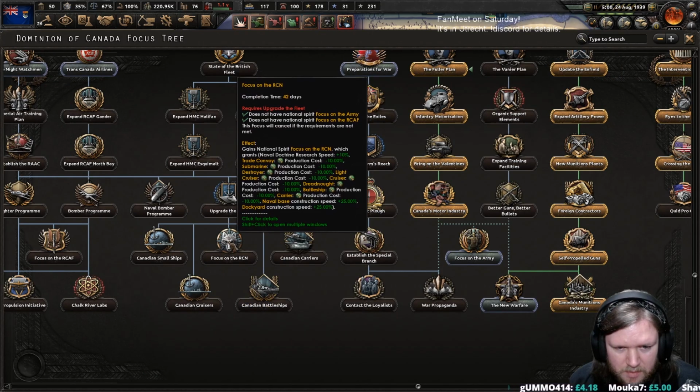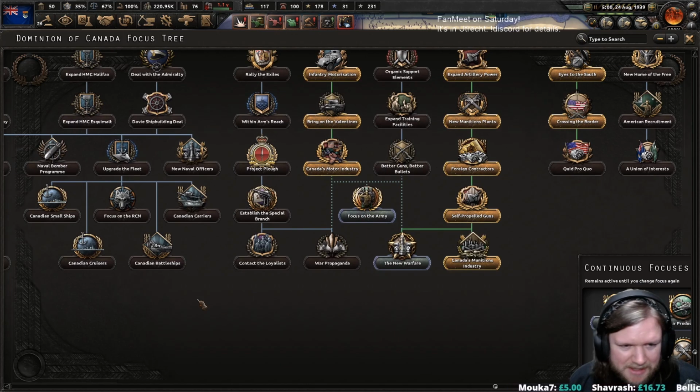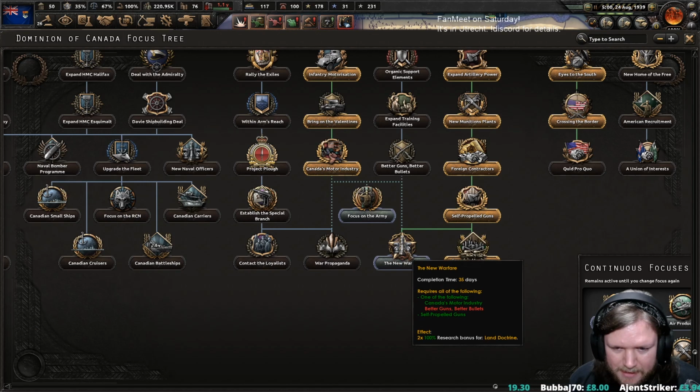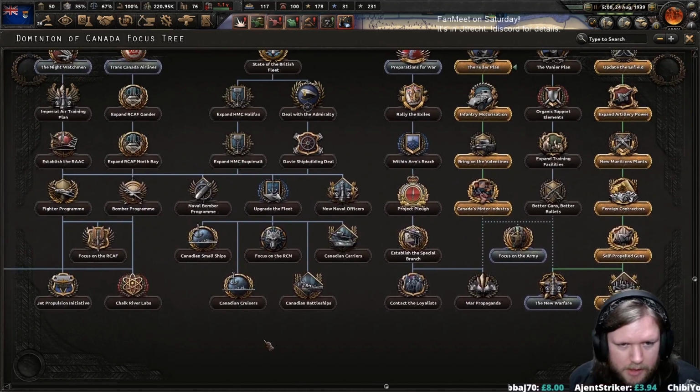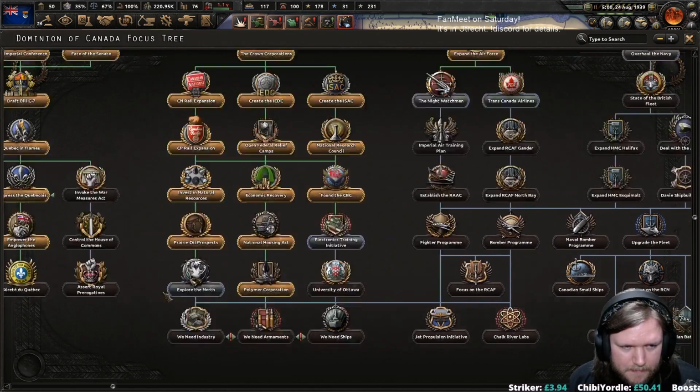Ah, no. We probably do want the RCN. It's a bit annoying that they haven't made these as actual mutually exclusives, separate from here. It's a bit of a weird way of implementing. Glad I read that properly. Alright, well in that case, I would say back to...